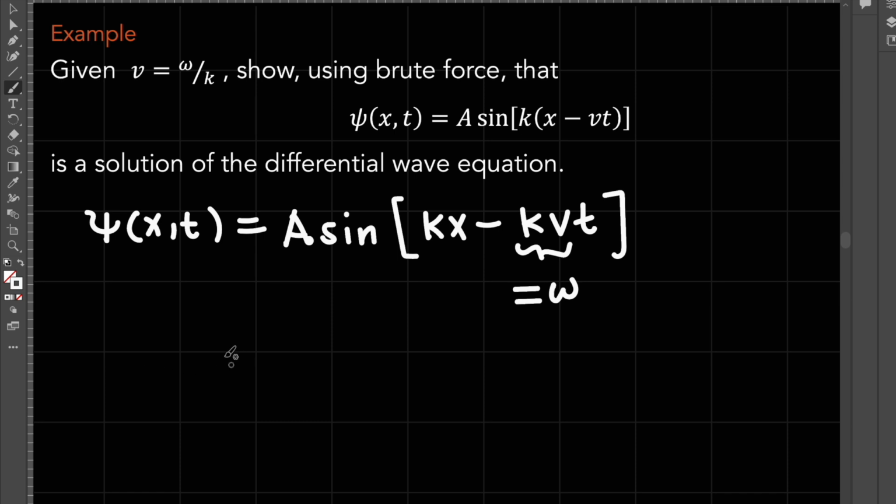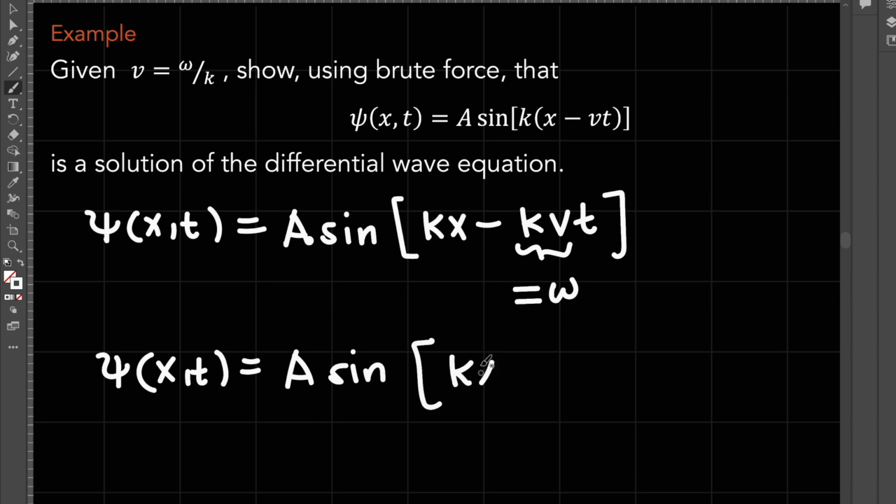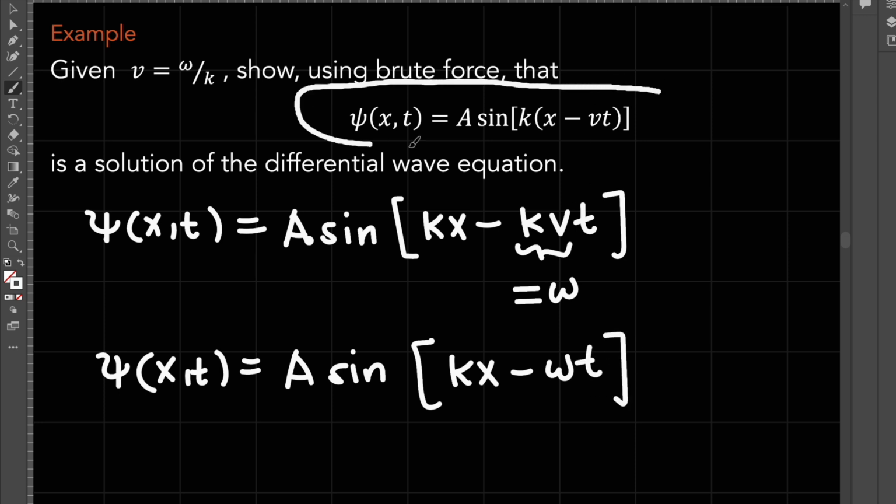Hence, we could further simplify this expression by writing psi of x,t equals A times sine of kx minus omega t. So to prove that this is a solution to the differential wave equation, we first get